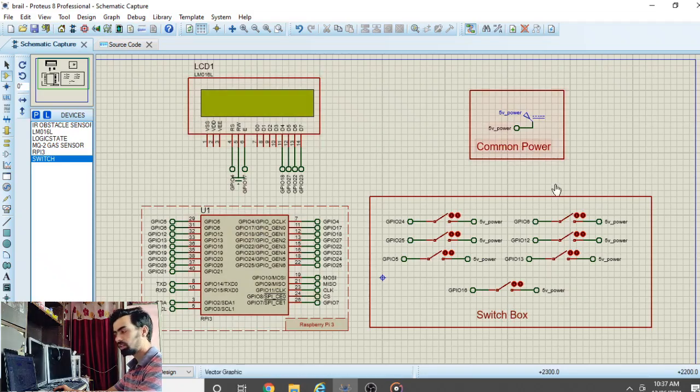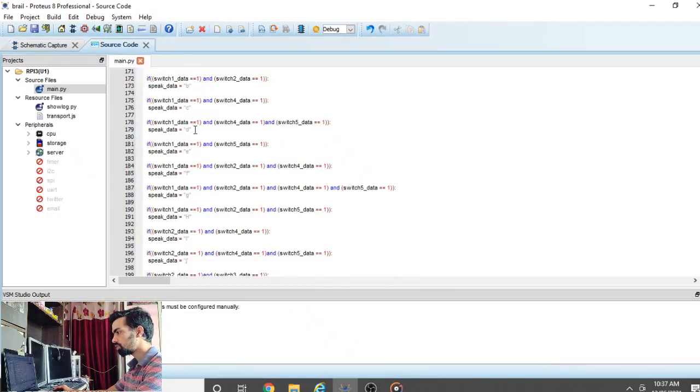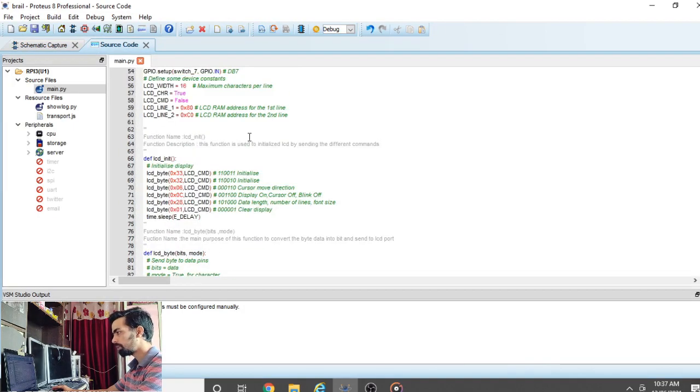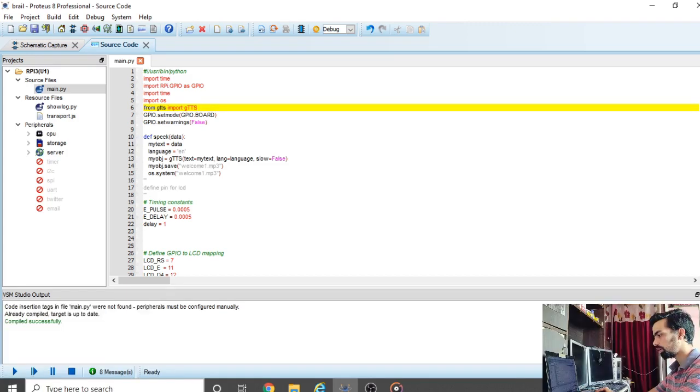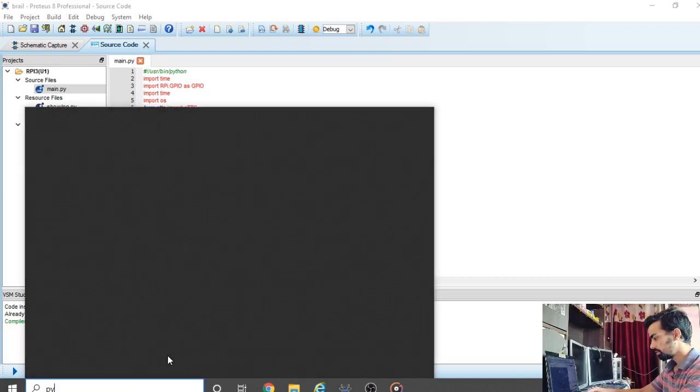Okay, before starting this project, you have to first install this text-to-speech library in Proteus software. If you want to install this text-to-speech library in Proteus software, you first require Python 3 on your laptop. If you want to verify whether Python 3 is installed on your laptop or not, just type here Python.